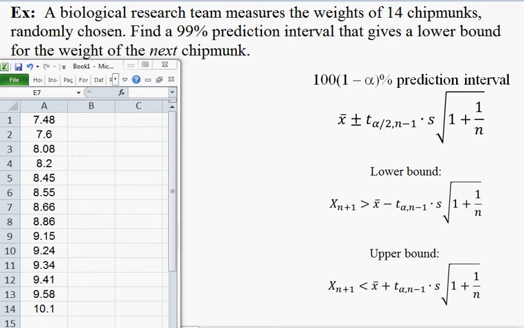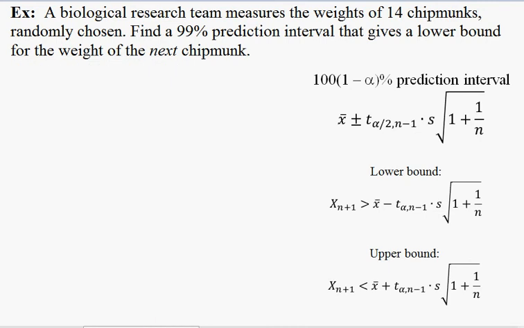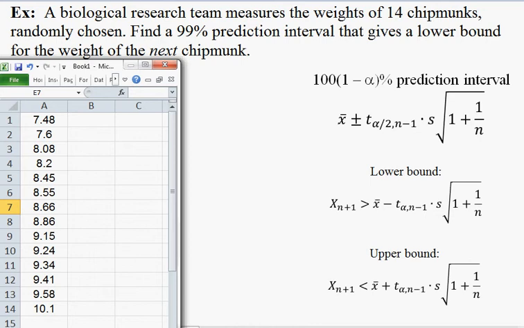Let's now consider the problem of computing a prediction interval. Before we even start the calculations, let's just remind ourselves what a prediction interval is in the first place. A confidence interval is a way of trying to guess at what the population mean is. We have a sample of, in this case, 14 chipmunks, and if it's a confidence interval problem, the question is